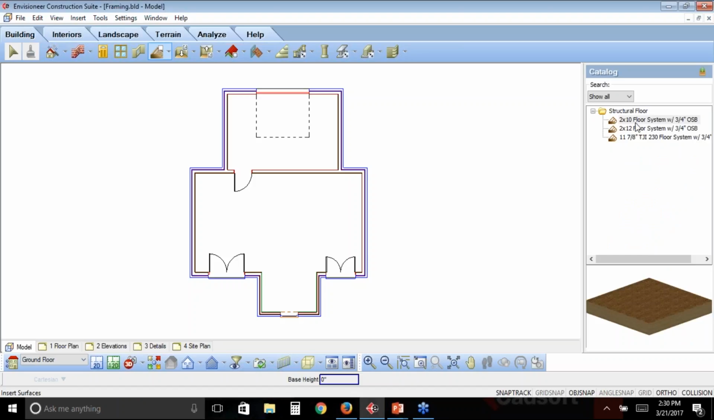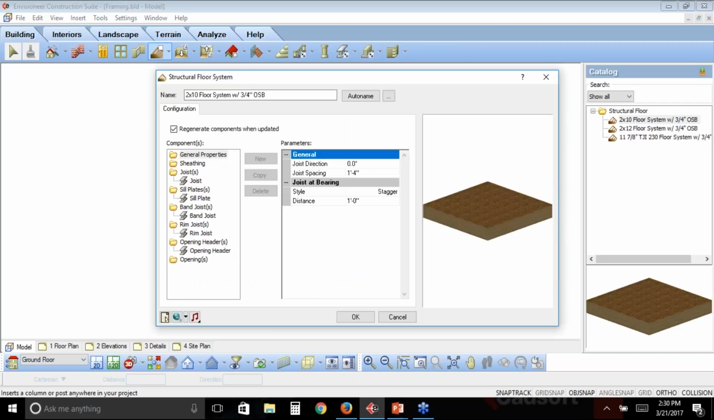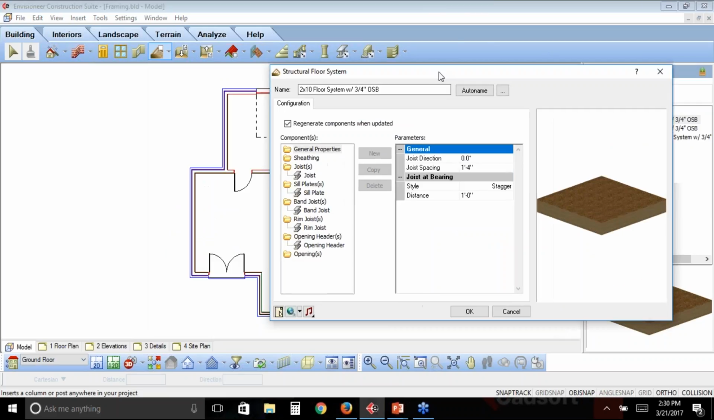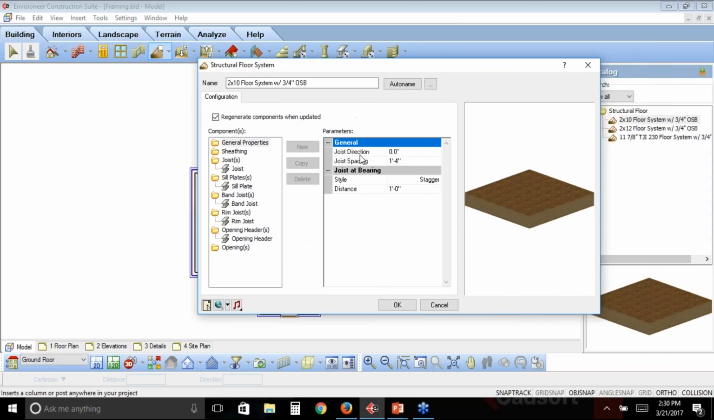So we set up a structural floor that's a 2x10 floor joist system with 3/4 inch OSB. We also set one up that's using 2x12 joists with a 3/4 inch OSB. And then we also set up a TGI system for you as well. I'm going to double click on the 2x10 floor system so we can take a look at it to begin with. So the 2x10 floor system that's in here right now, it's set up so that the joist direction is